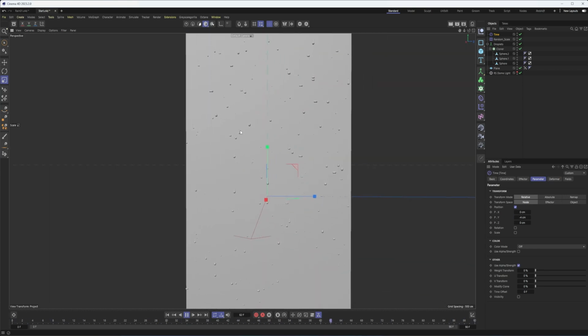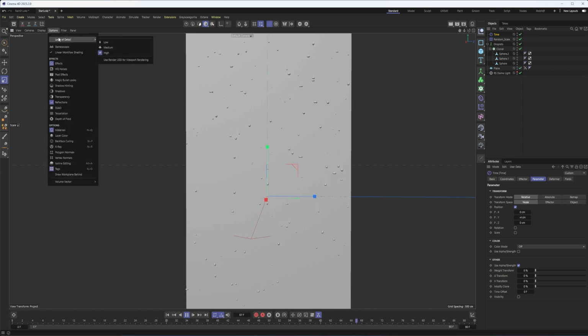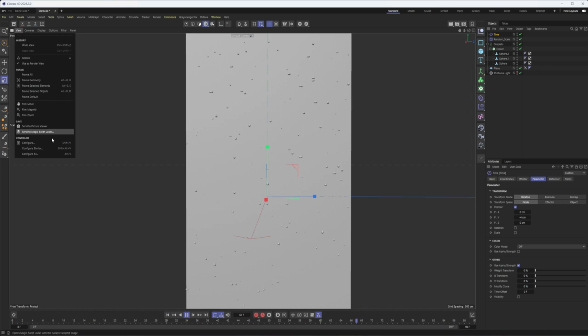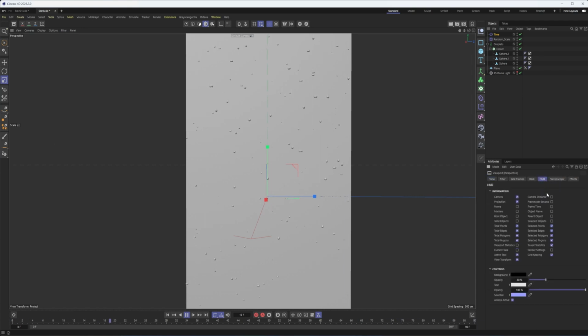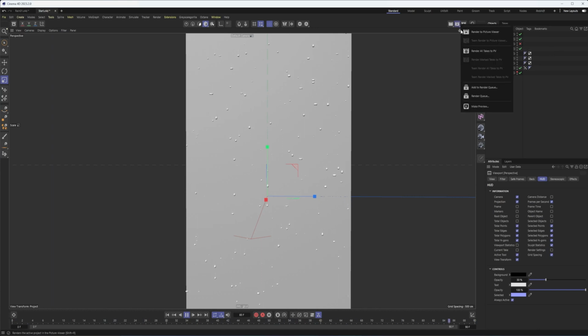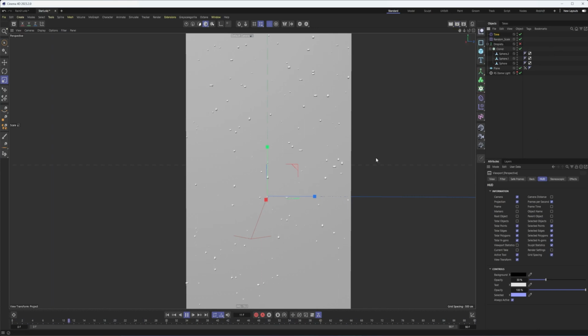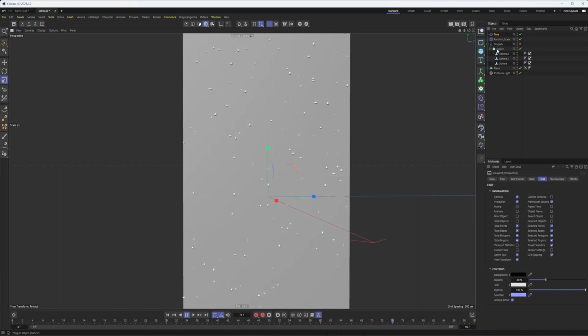Okay. I will say, don't trust this playback speed, though. If our playback speed isn't 30 frames per second, we're not actually seeing the correct speed. So if you're not sure about that, you can always come up here to the View Configure menu, go to HUD, turn on frames per second, and see. So if I'm only getting 20, I could try turning off the Connect. That seems to help a bit. There we go. Or you could do a Make Preview. That should work as well. So that's our speed, and that works pretty well.